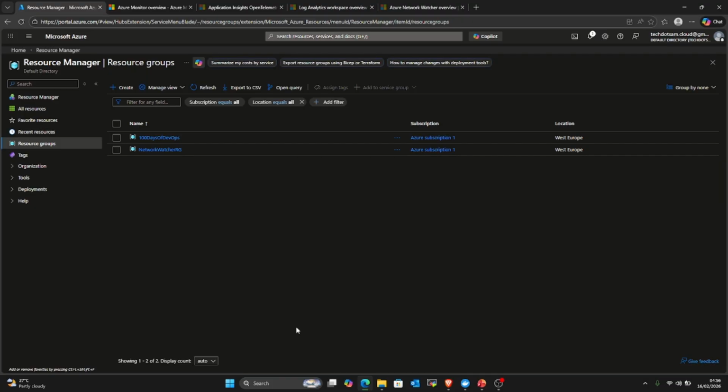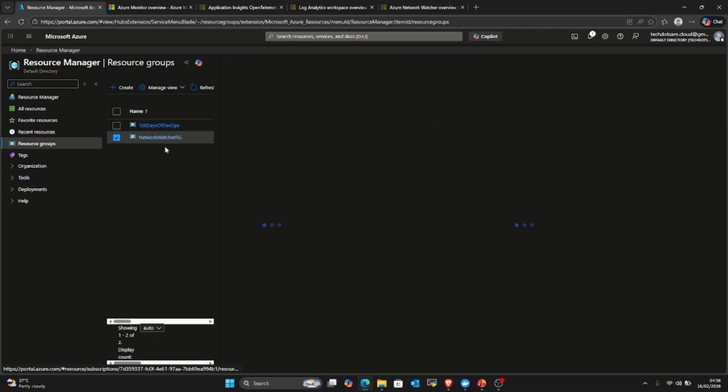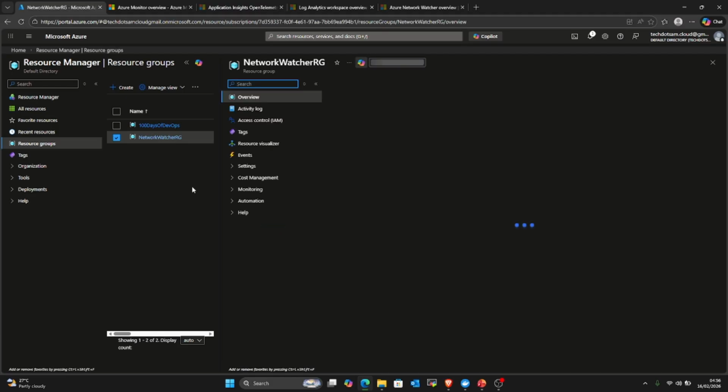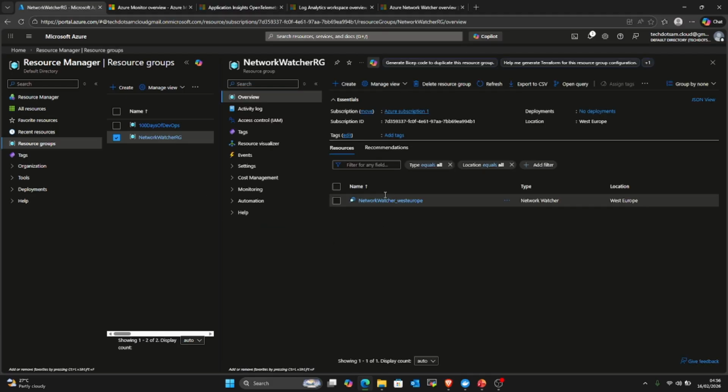So once you create a resource such as a virtual machine, automatically a Network Watcher resource group is created, and then a Network Watcher is deployed to monitor the network on that virtual machine. You can see a Network Watcher has been deployed in the West Europe region. So it is going to monitor all the resources you create in the West Europe region. It will monitor it, and if you keep taking details, if you keep taking logs, if you keep taking metrics,